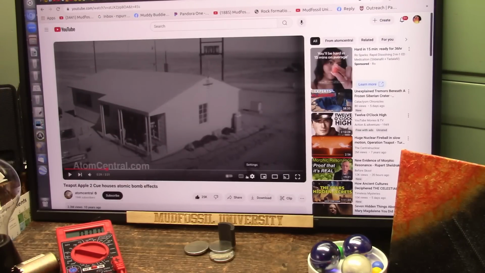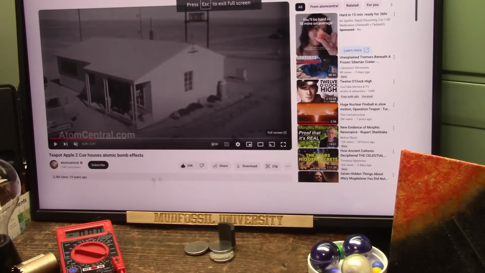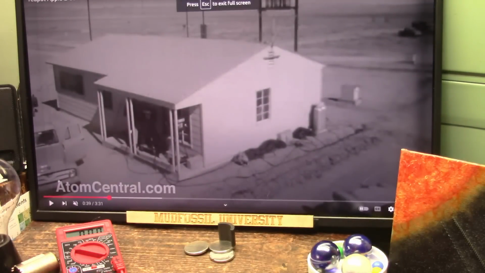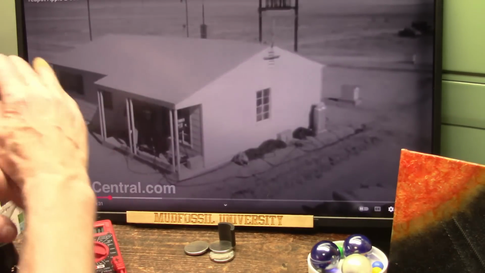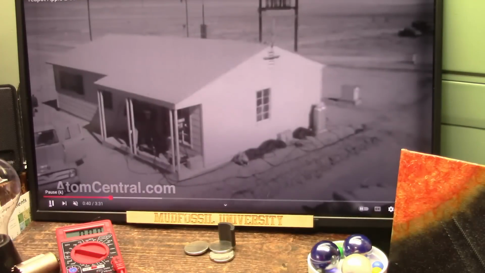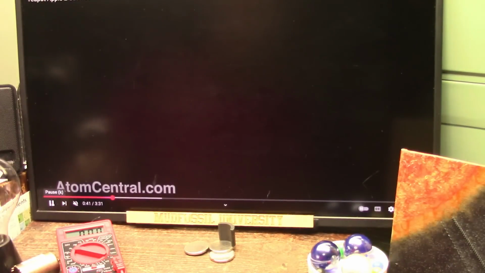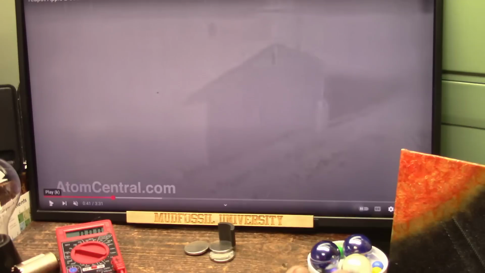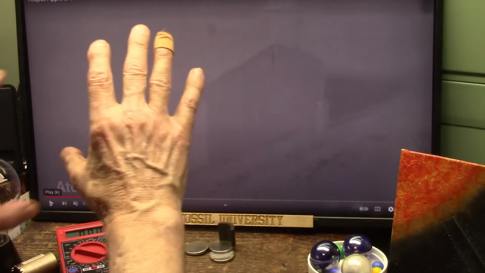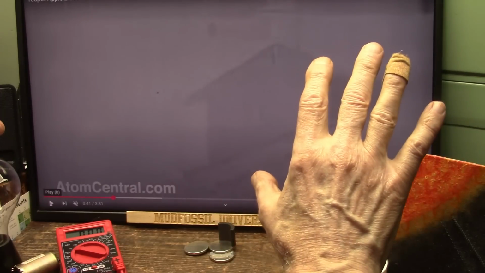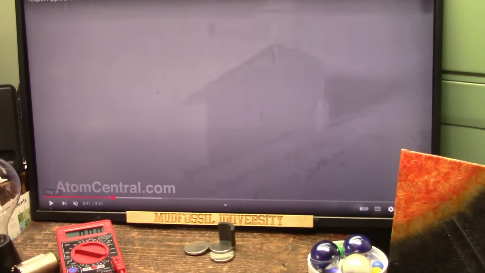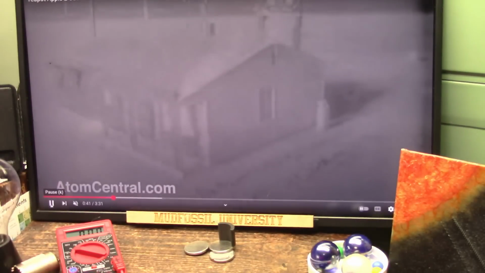Watch. I've got this running exceptionally slow. I have to turn the sound off. Here's what's going to happen. The bomb will go off, and we'll see a brilliant flash of light. Don't forget, they're going to take the truck out of here and all that business. And we'll see just a brilliant flash of light. I'm going to stop it. Boom, I'm stopping it. What do we see? It's just a glow, a haze. Just a haze. And then what?